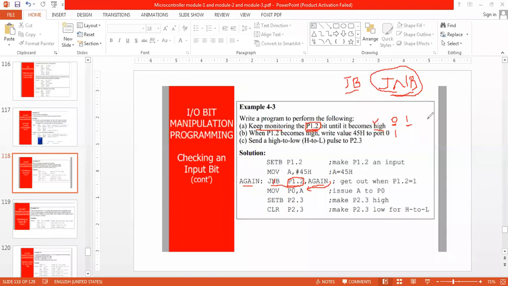So continuously it is presenting 1 only, and when it goes 0, then I would exit from this instruction. Right? Is it making sense?